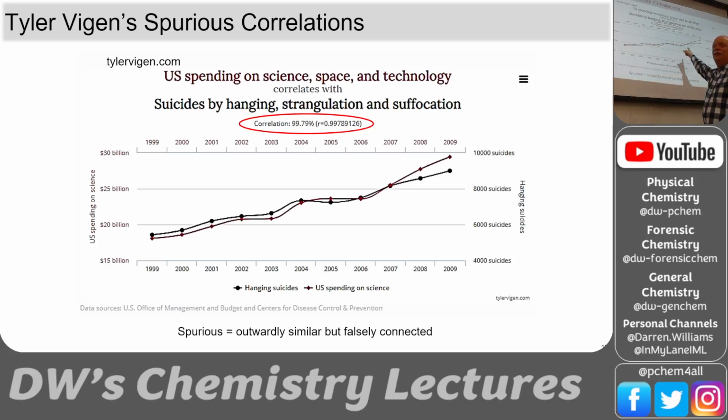And look at the trend. They correlate. They correlate with the value of 99.79%. They have that same trend. Isn't that crazy? And so this is statistics showing correlation, but it's not showing causation. I don't think spending on space causes people to commit suicide, you know. And so this is a great example of correlation is not causation. Yeah. So there's lots of these on his website. There are some hilarious ones.